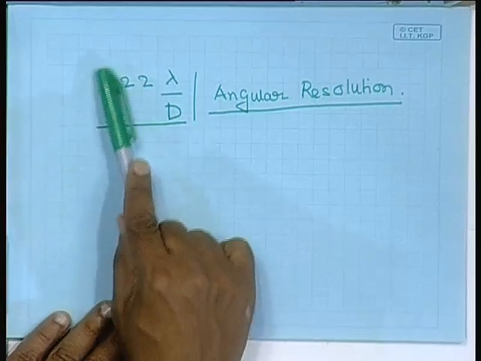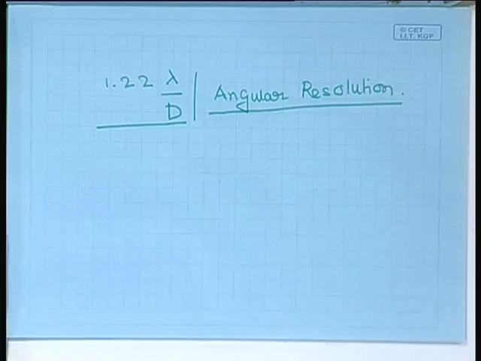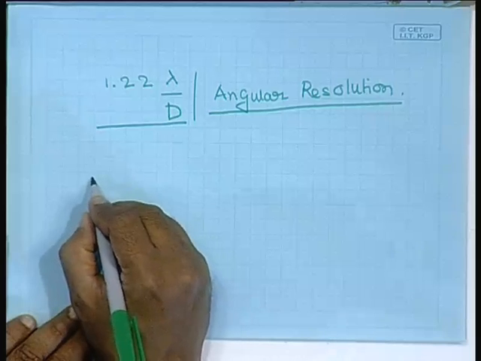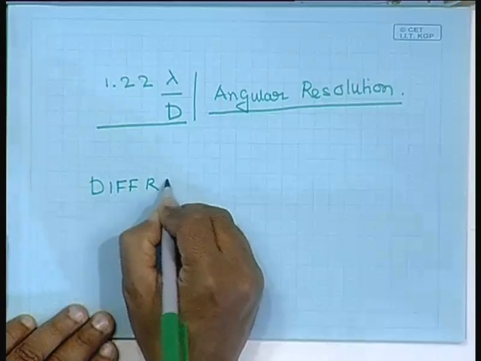Whereas, if the angular separation is more than this or equal to this, I would be able to make out that there are actually two sources and not one. So, this is what is referred to as the angular resolution. For all optical instruments, there is always a finite angular resolution, and the angular resolution of optical instruments is set by diffraction, is decided by the diffraction, and